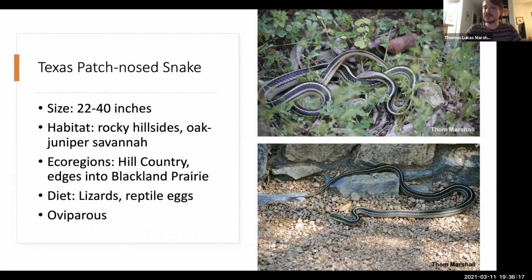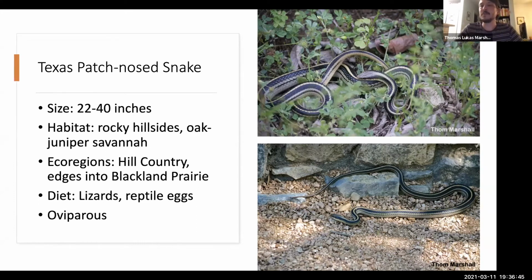The Texas patchnose snake is another species that's related to the coach whips and racers. These snakes are more adapted to semi-arid and arid habitats. In Central Texas, they're really common throughout the hill country and maybe just a little bit into the blackland prairies east of here. They specialize in eating lizards and reptile eggs. And they may look